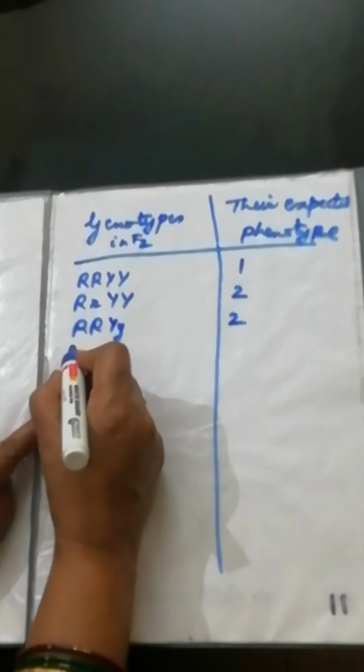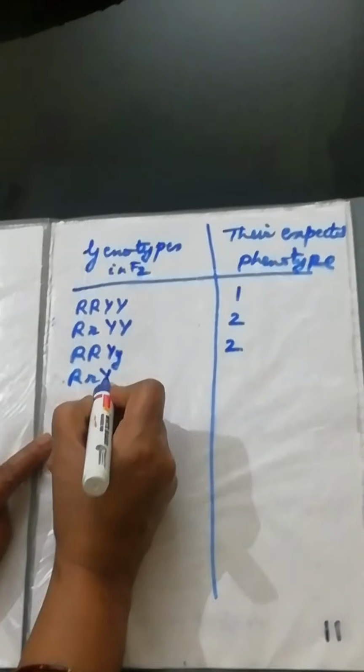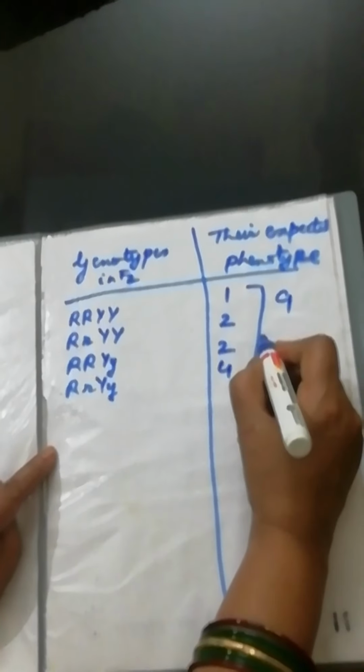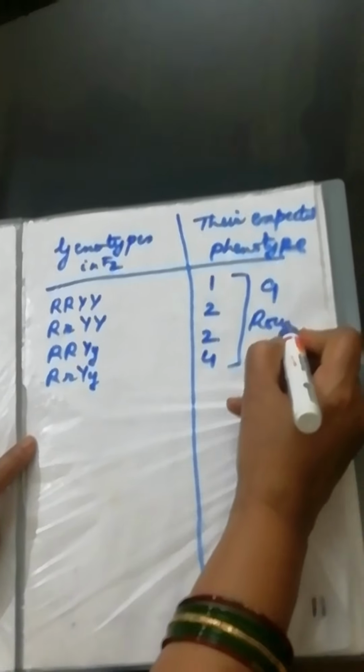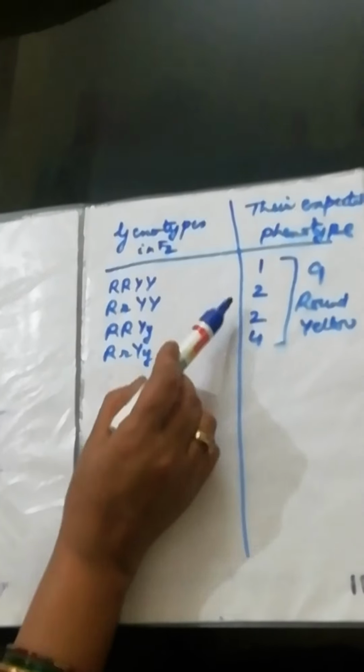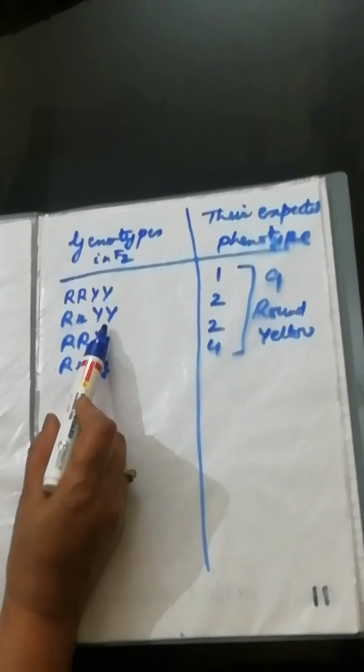So 4, 5, 6, 7, 8, 9. These are what? 9. We know that they are round and yellow. We have seen now that we got 9 round yellow and their genotype is this. Now how can you remember 1, 2, 2, 4? Very easy. When all the alleles are dominant, 1. When out of these, one will definitely be dominant, otherwise it will not show the character. So when both are dominant, 1, if there is one recessive